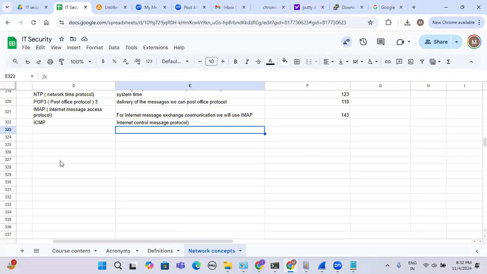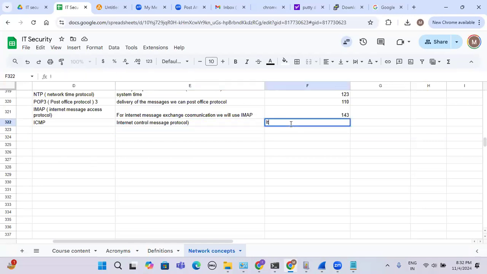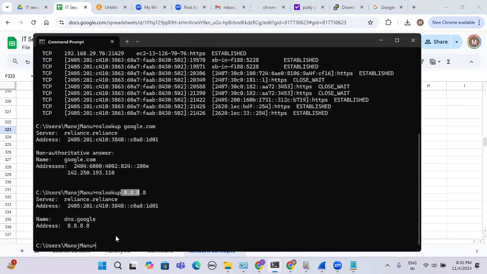What is meant by that? Can you prove it practically? Yes, I will do that. It doesn't have any port number. Now we can go and discuss it practically: why it is a service and why it is not a port number. Let's go here and type here